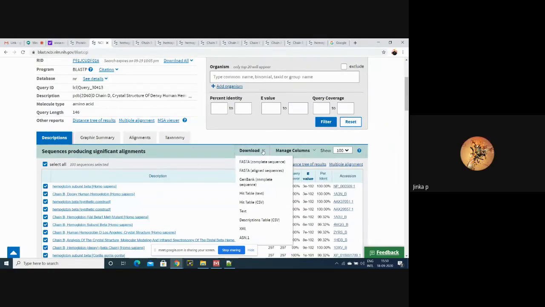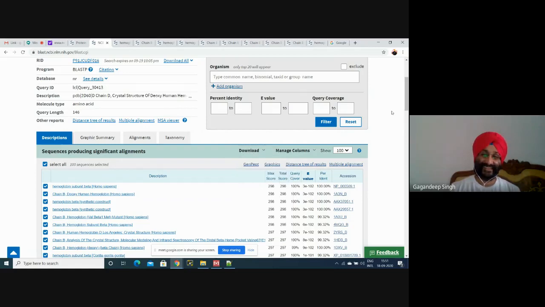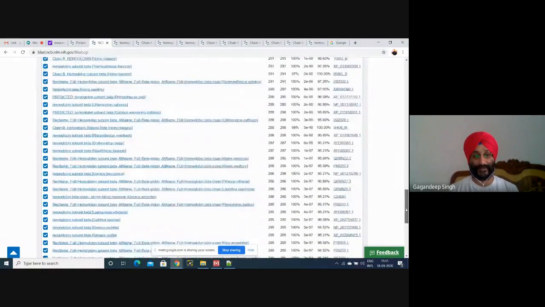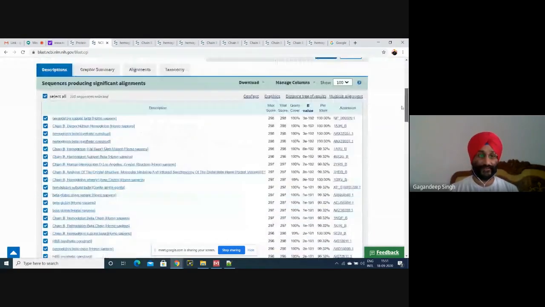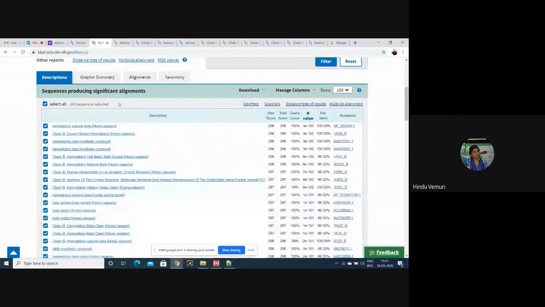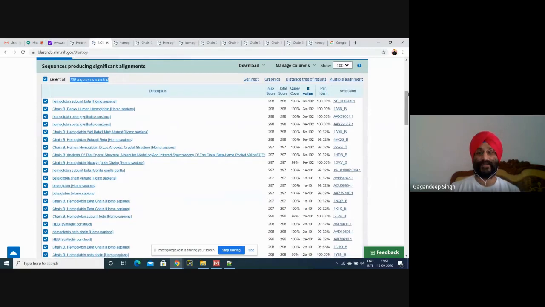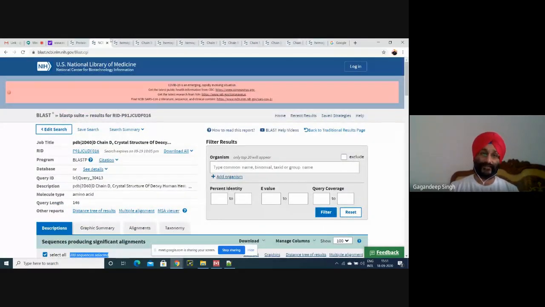There is a select download option: complete sequences, aligned sequences. Okay, but now don't use this. There may be some error and it will download all the sequences. Maybe see how many sequences. From here we can select also. Here 100 sequences selected. There may be more sequences, but the easiest way is just